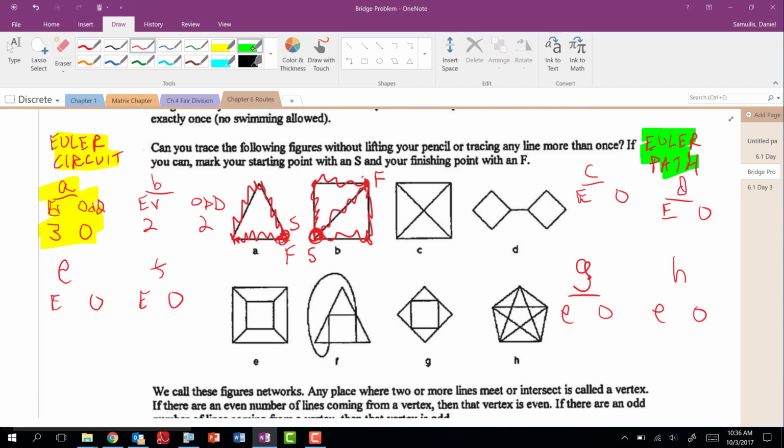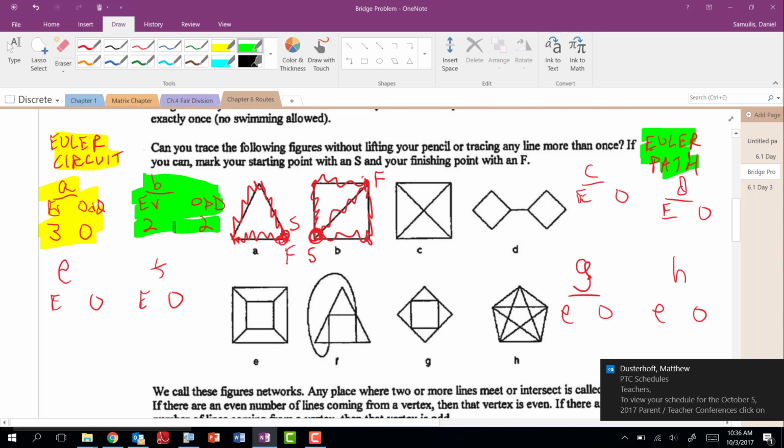What does this make this? Euler circuit or an Euler path? Which one is it? Uh-oh, we don't know our definitions from yesterday. It's an Euler path. A path, if you still don't know what you're supposed to know as you walk in here, is you start at one vertex, end at a different vertex, and use every edge exactly once. Every edge of the graph.